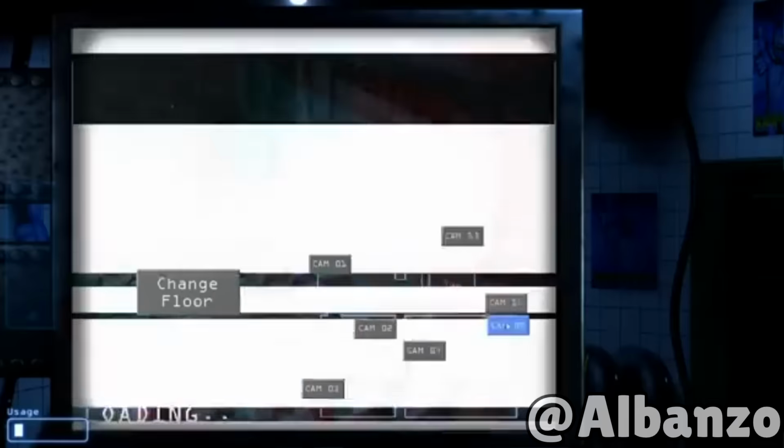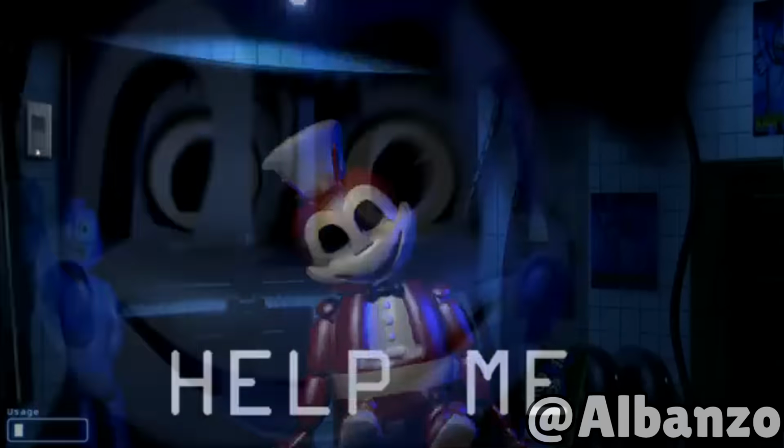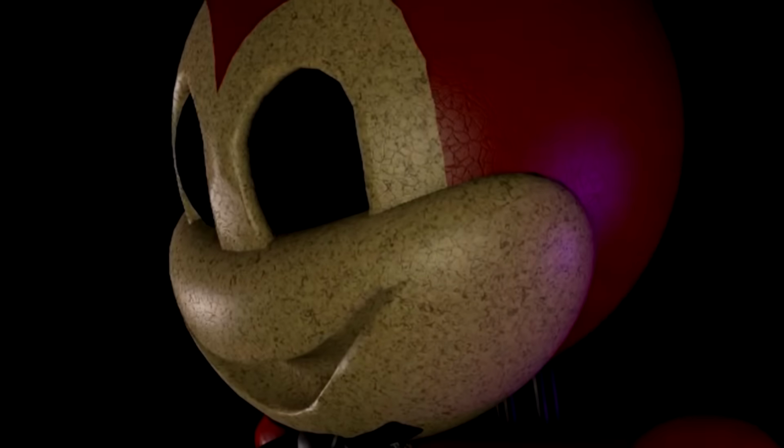Oh. There's also this red Jolly that appears like Golden Freddy in the first FNAF game, which is pretty cool, but other than that, that's it. Hopefully we can learn more and